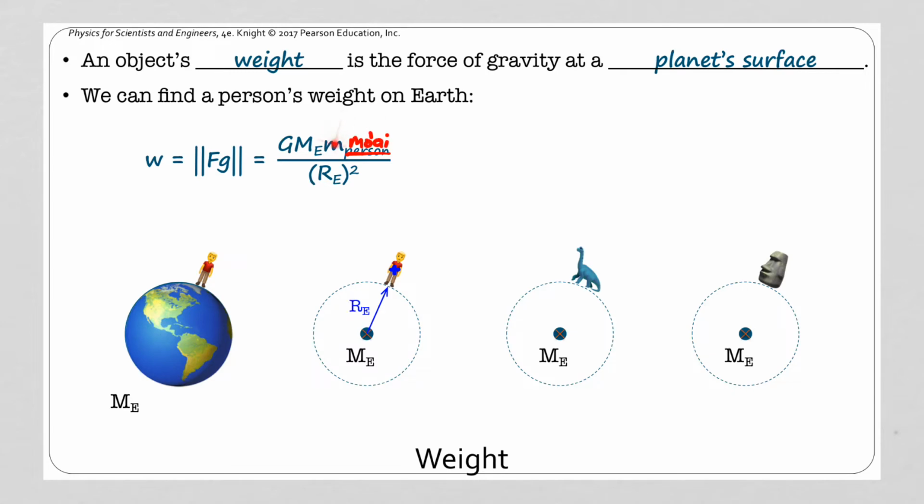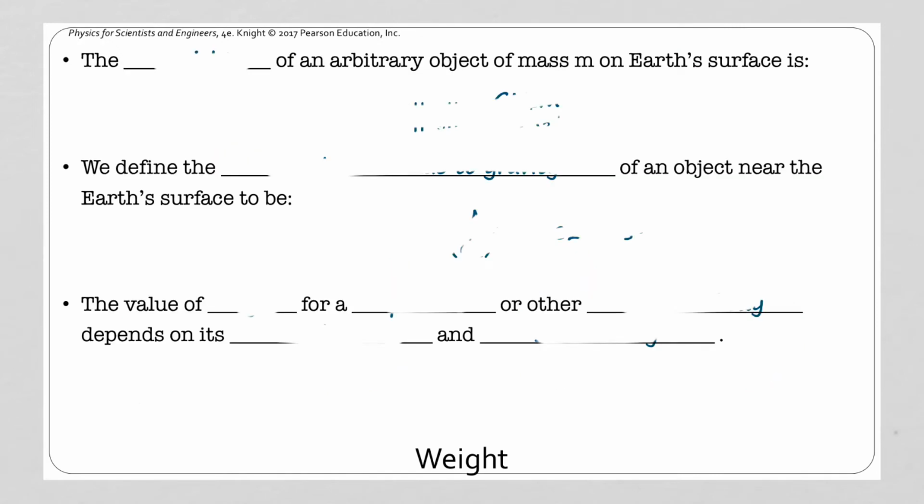So what we're noticing here is that this term changes. The mass of the object on the Earth's surface changes depending on which object we're looking at. But this part here is always going to be the same. This is a constant, and these are parameters that are due to the Earth that are going to be the same for any object or any person on the Earth's surface. So we can generalize our equation for the weight of an object,